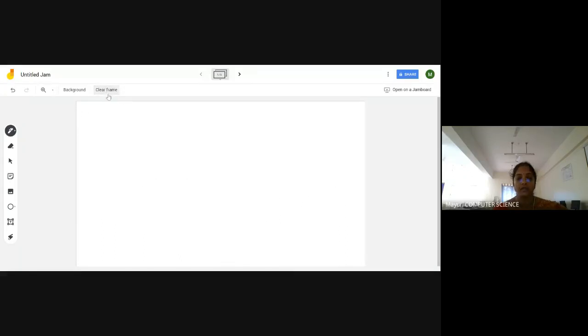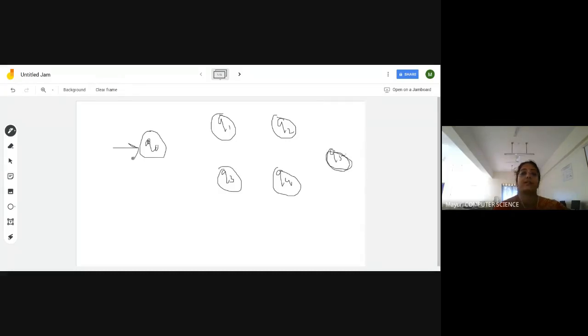So now, for the same example, L of R1 plus R2, I will go with an example called A plus B. I think it's very simple. So Q naught. How do you write Q naught? Here I will take Q1, Q2, Q3, Q4, and then Q5. So this is my final state.